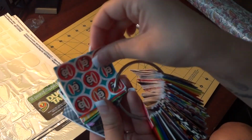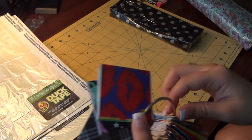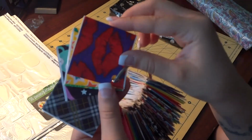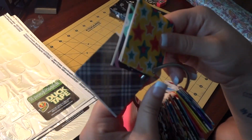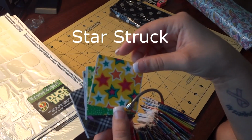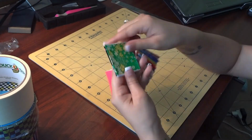Here's Paul Frank. This one's Pucker Up. I know the Scotch came out with purple background and a black background. I don't have the black one. I wish I did also. But I don't. My camera died, so the last three I wanted to show you was